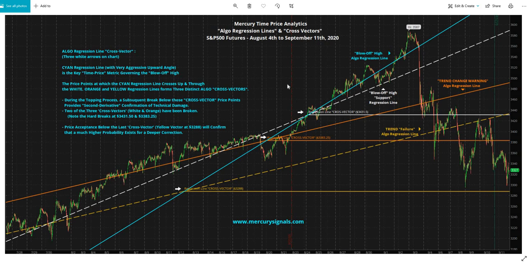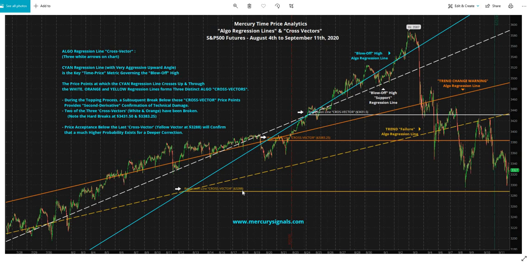Now, this chart was posted on Twitter September 13th. And the point when I posted that chart was if you lose this cross vector down here at 32.88, you're going to have big problems. Because just below that at 32.65, it's not on this particular chart, but on one of the other regression line charts, we had a level here, I believe it was 32.65, and it said game over below this level. Because if you lose this cross vector at 32.88, you're going to lose 32.65 very quickly, and then it gets